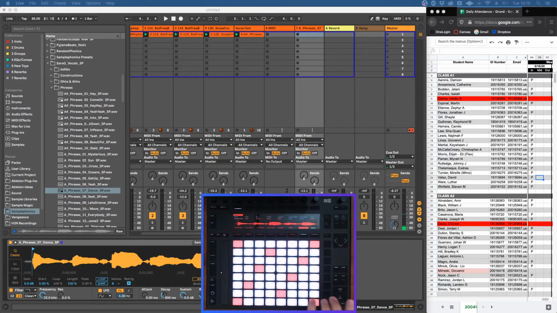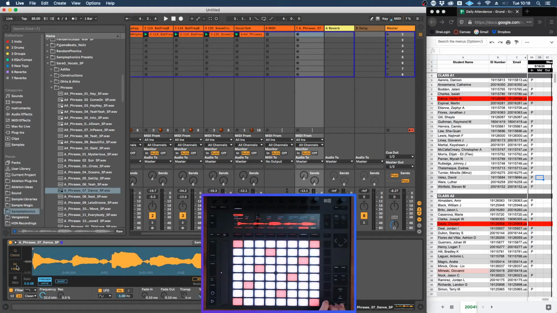I can do that with it. But if I turn this into one-shot mode, it's going to play it from the beginning to the end. This is great for drum hits and stuff. It's not so good usually for a long